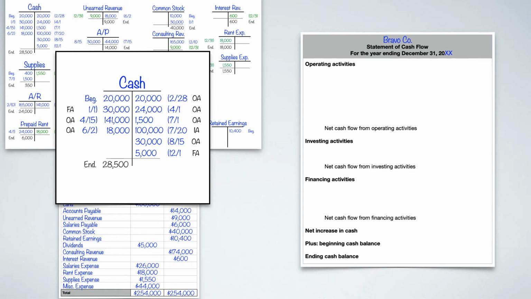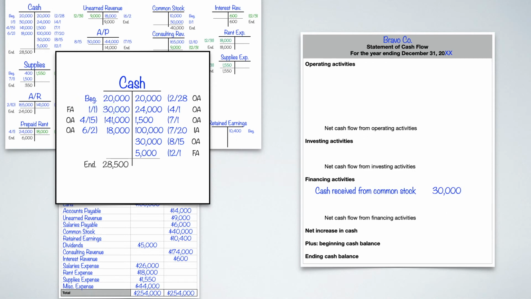So that keeps up with our FAs, IAs, and OAs and all that good stuff. Now that I have the OA, IA, and FA, this is kind of how I do it. This makes it a little bit easier for me because I can just go in the order in which I know they're going to happen. I always know that my positive numbers are going to go first. So I'm going to start with the debit side of the T table. Specifically, I'm going to look at 1.1. 1.1 is going to be FA, so I know it's going to fall under financing activities, and that was for common stock. So I'm going to put cash received from common stock of 30,000.